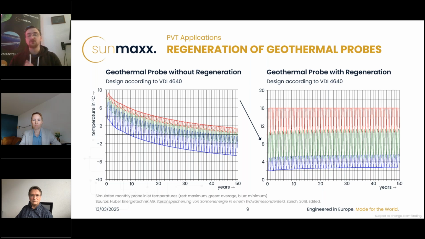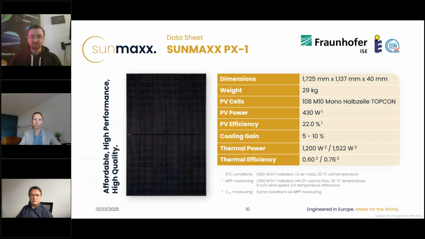But if we use PVT for the regeneration, we can extract heat from the earth in winter, and we can give back the heat that we gain on the roof via our PVT modules to the earth probes. And with that, we can use the earth probe field endlessly.